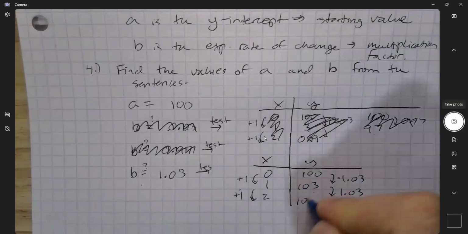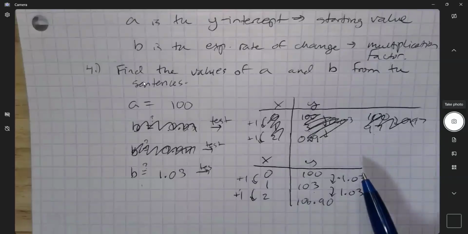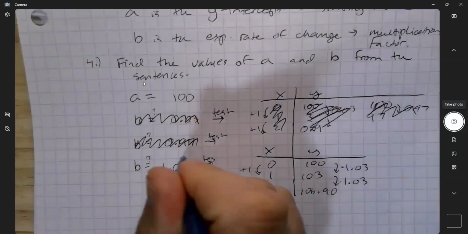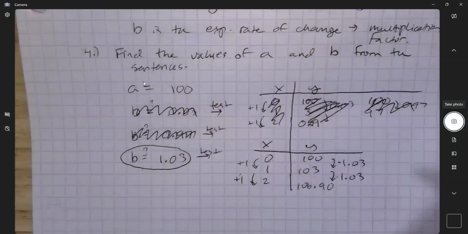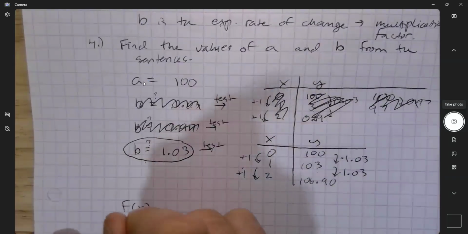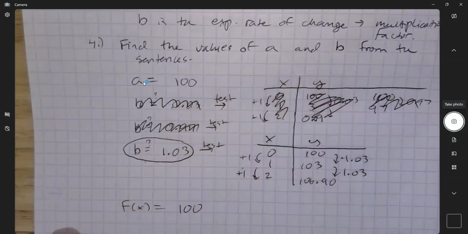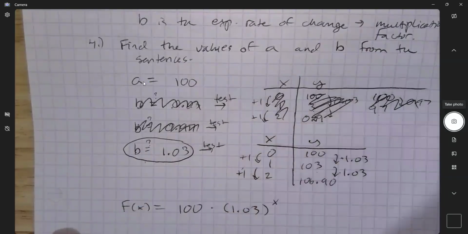It's $106.90 because interest compounds. It grows faster and faster and faster. Or you could also say it grows by a constant percentage change. So B should be 1.03. And my formula then becomes f of x equals the $100 y-intercept times 1.03 to the x. And now I can use this to figure out how much money I'd have in 5 years or 10 years